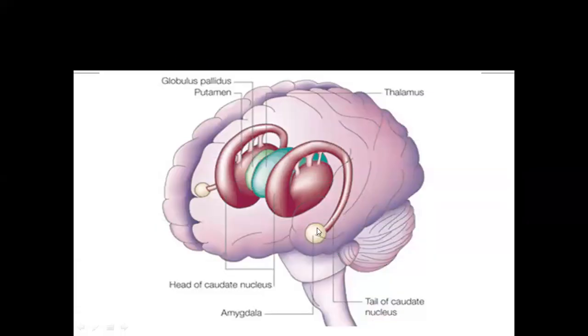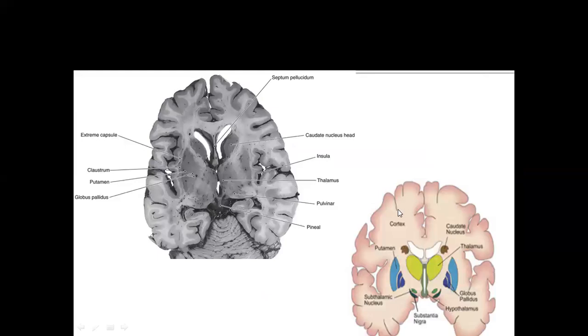So you can see this is all basal ganglia, where we have the caudate nucleus, then the lentiform nucleus. The lentiform nucleus is further subdivided into putamen and globus pallidus. In this picture, which we have already seen when we were doing the internal capsule, here we have the thalamus. So this is the area of the thalamus. Then this is the caudate nucleus and this is the lentiform nucleus, and this V-shaped limb on either side of this coronal section is the internal capsule.